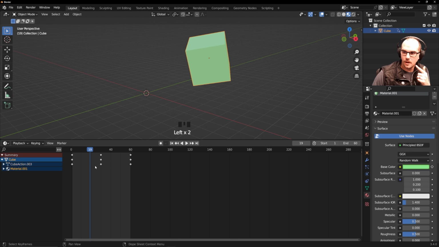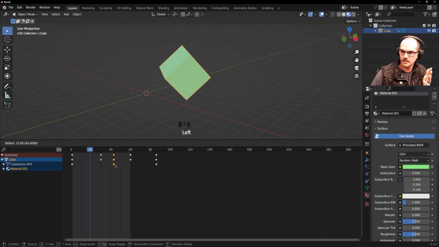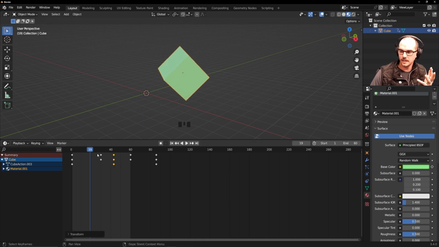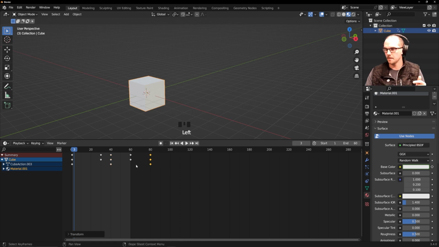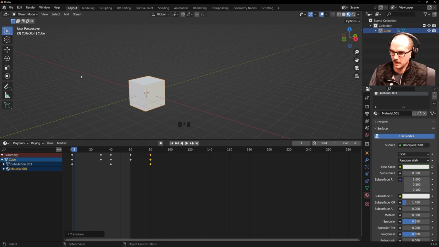So with the cube actions, let's see. I kind of mentioned this already, but you can space these out a little bit differently. Let's say for example, I wanted it to be a little bit slower. So I dragged this midpoint keyframe out to frame 40, and then maybe I'll move this one out to frame 80. And it looks like I'm multiplying my keyframes a little bit, but